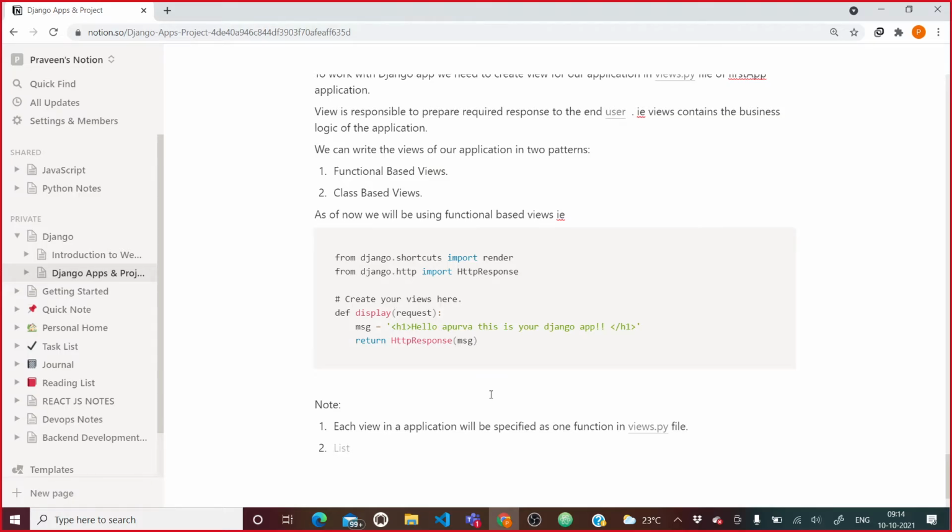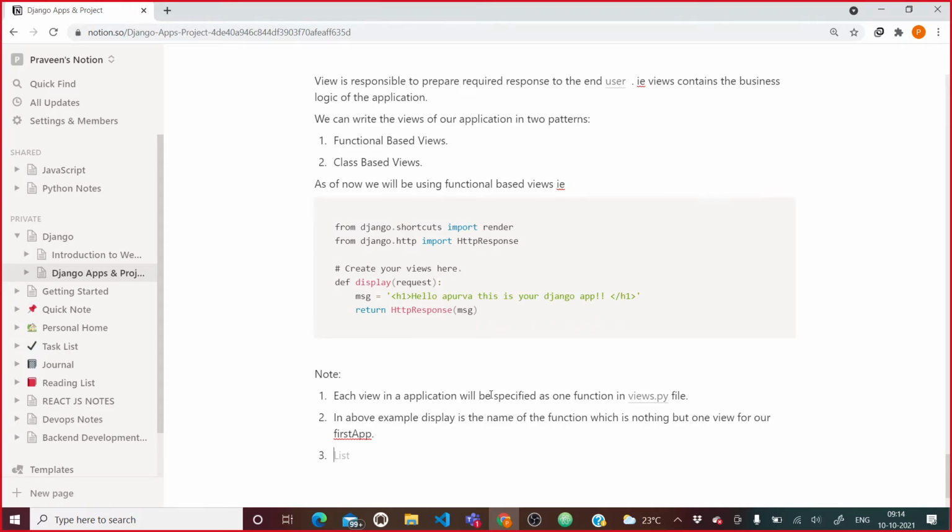Second thing, in the above example, display is the name of the function, which is nothing but one view, one view for our first app, right?